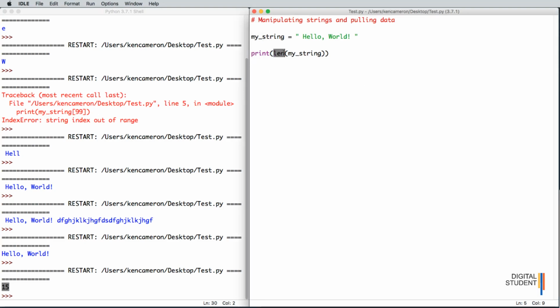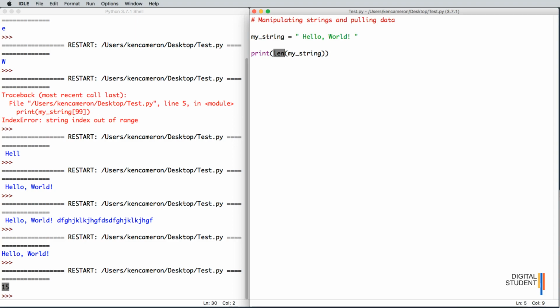So length we use a lot of. If we want to evaluate a number and whether it's actually bigger than 0, we can compare that bit of data as well and say, hey, is it bigger than 0? So the next one, another piece of error checking, is if we want to see if our string is,